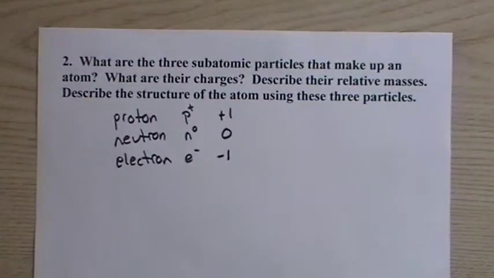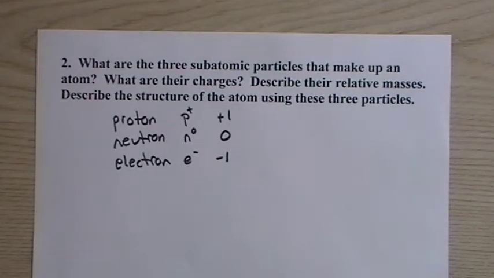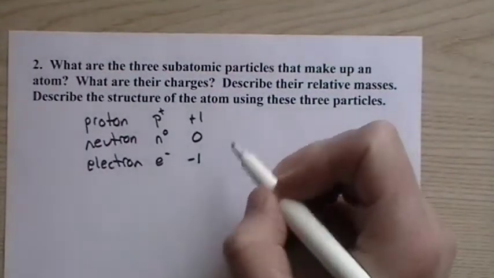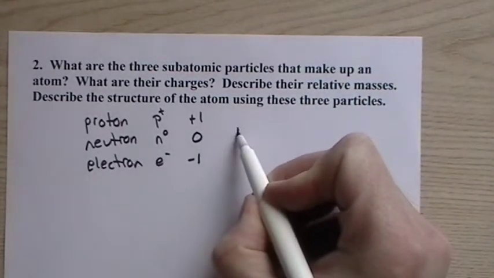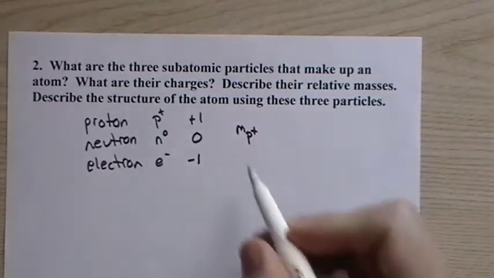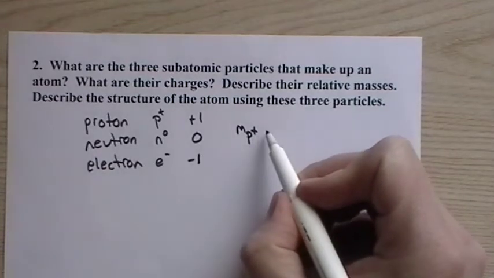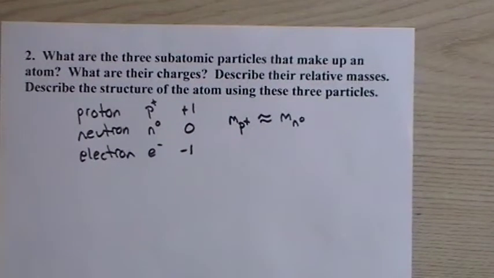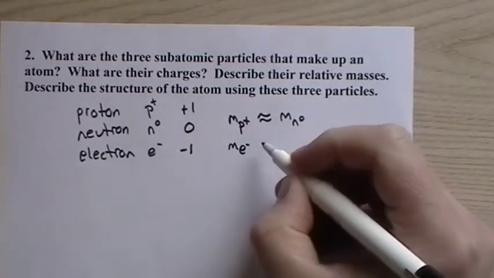Now that's just a relative charge. We also could do it by coulombs, a unit of electric charge, but we'll just leave it like that. That's fine. As long as you know protons are positive, neutrons are neutral, and electrons are negative. And then the mass of the proton, so M for mass, with a subscript P+, is approximately the mass of the neutron. Neutrons are slightly heavier. And then the mass of the electron is